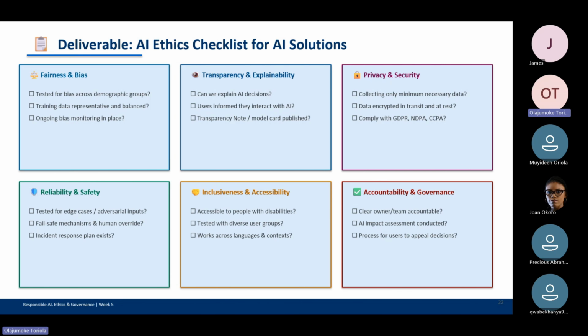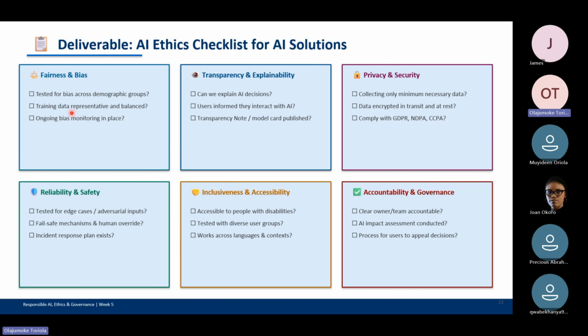To wrap up all of this, the deliverable is an AI ethics checklist for any AI solution. You can take a screenshot of this; it is your takeaway, a pre-flight checklist for AI. Once you're building an AI system, you can see whether all of these are checked. These are the questions you are answering for your AI. And please, in your capstone project presentation, take this slide and answer each question about what you have built and how it fits into this.